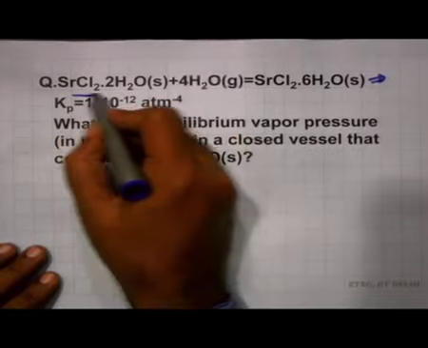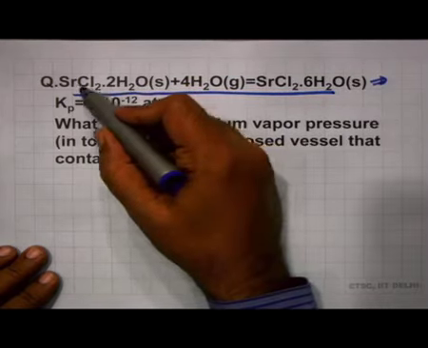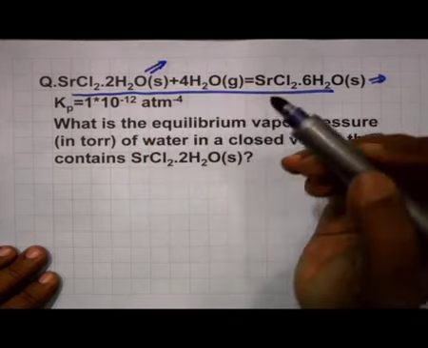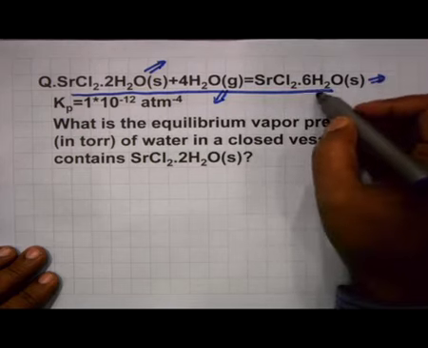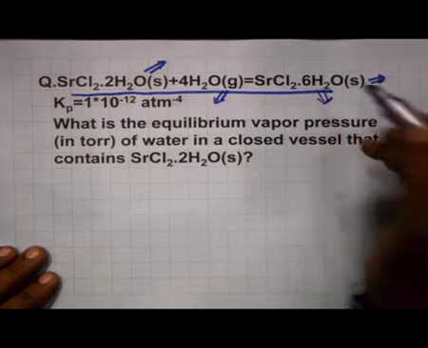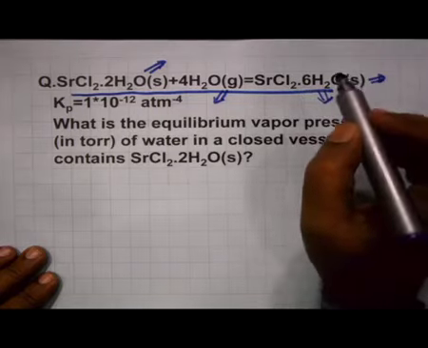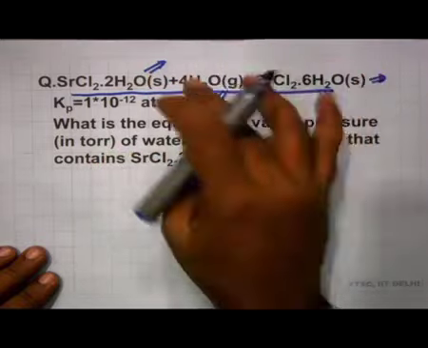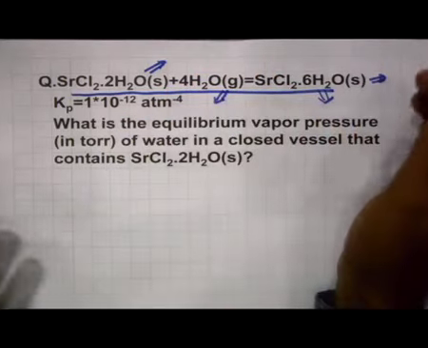Now, you see this is your reaction. You can see that the strontium chloride dihydrate, SrCl2·2H2O, is in the solid phase, while water is in the gaseous phase, and SrCl2·6H2O is in the solid phase. So, now you can see that there are 3 phases present, 2 solids and 1 gas. So, this is a heterogeneous reaction,